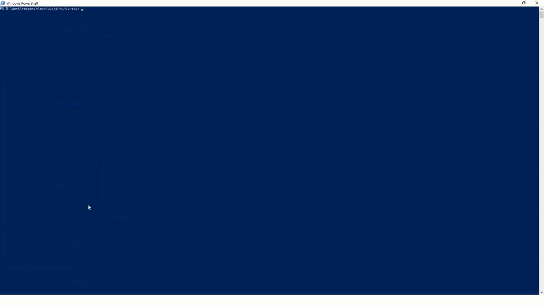The next thing I need to do is a docker run, and now this will be WordPress. I need to expose the port 8080 to port 80, and I need to do a network equals to temp network, name equals to temp WordPress,